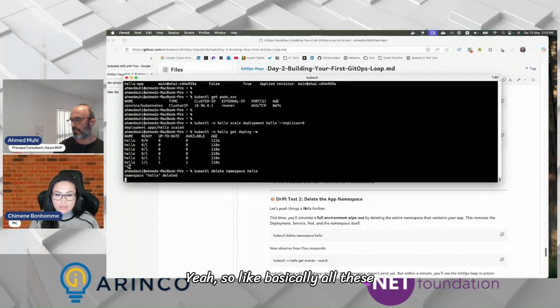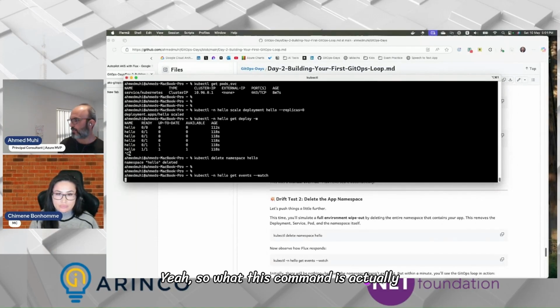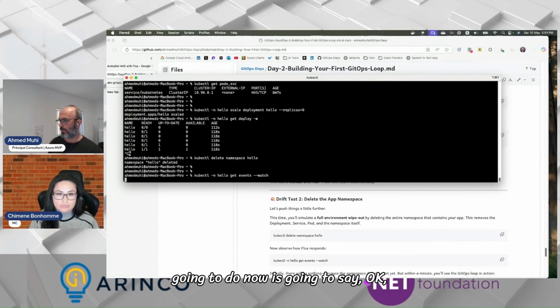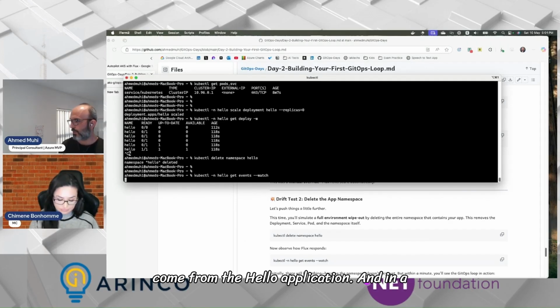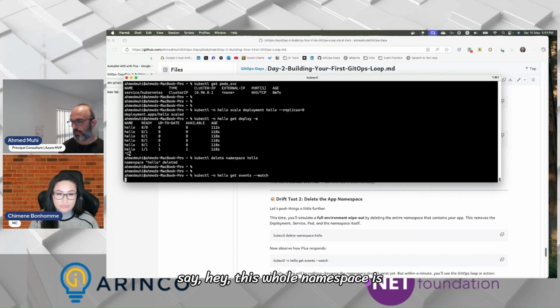All these commands and everything that I'm doing here is in this Git repository. What this command is going to do is watch all the events that come from the hello application. In a minute, Flux is going to say, hey, this whole namespace is not available.